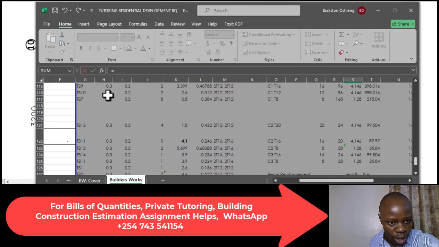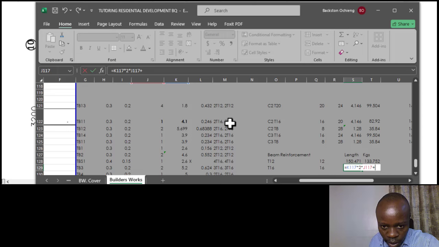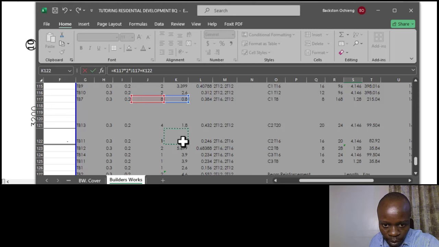Okay, so the very first one is the TB7, which I'll take the length of one beam, times, now we have two of them, only two at the top, then we multiply by the number of beams, we add again, the next, this is 12, the next is 16, so the length is here, that 4.1 multiplied by 2, multiplied by 4, actually, yeah, 2, so that is 4, and then times one beam,